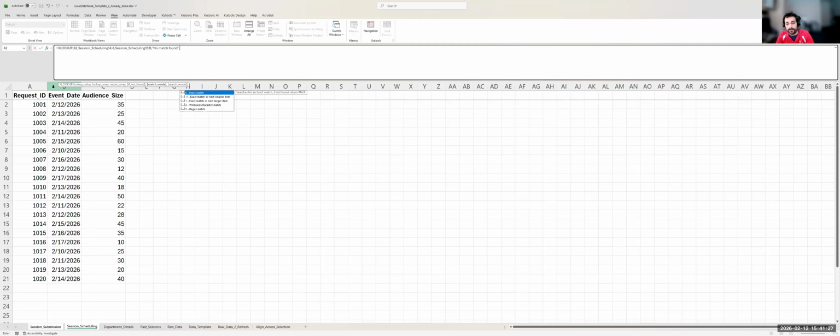And then if you add another comma, this is the final argument that we need to enter into this formula. It says match mode. You're pretty much always going to want to use exact match. There are niche uses where you might choose some of the other options. However, it's more complicated than the scope of this tutorial. So if we then press enter,